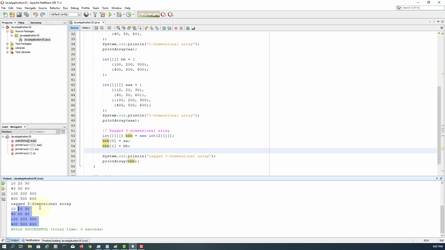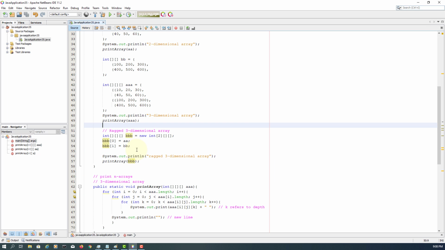Again, same output. Again, let's change to three rows for the three-dimensional array. This time we have three rows. And then the second row,